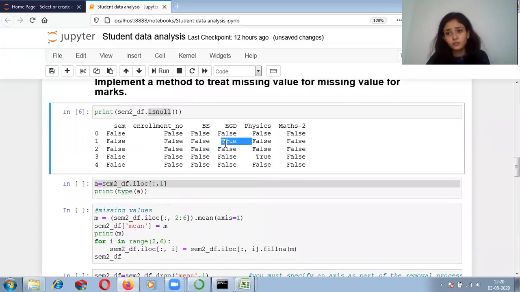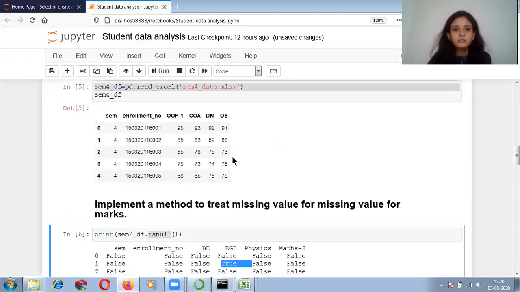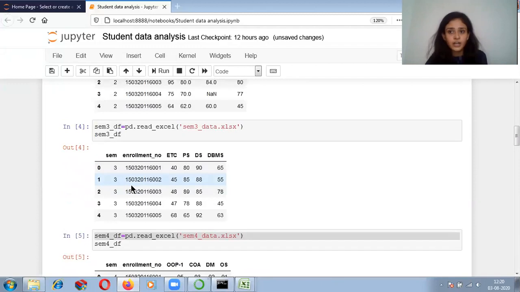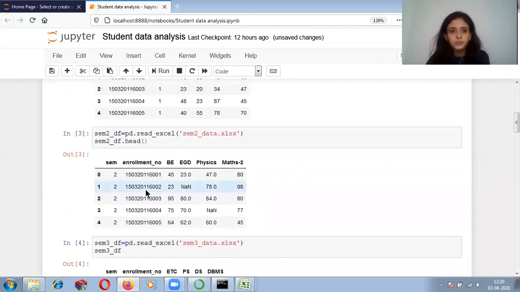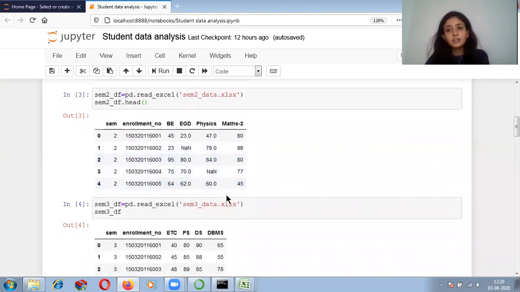So I have to fill out these missing values. I can't delete these missing values. If I delete them, then what will happen? The entire row you have to delete. If you delete the entire row, the entire record of that particular student will get removed. So if you drop this particular row or this particular column, there will be major data loss. So you can't drop the columns which contain the missing values. Compulsorily you have to fill the missing values.